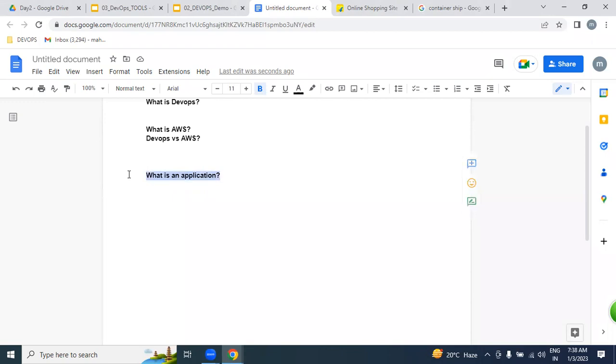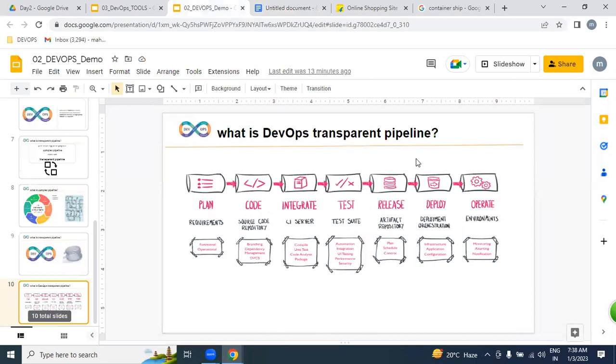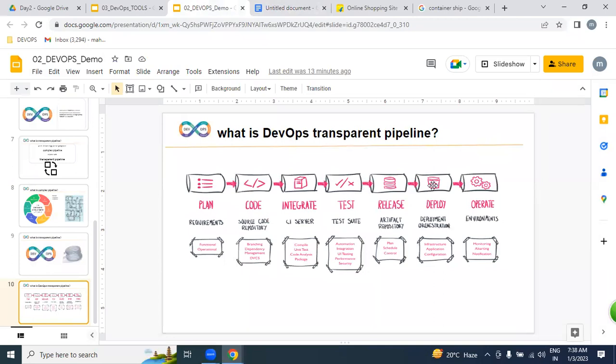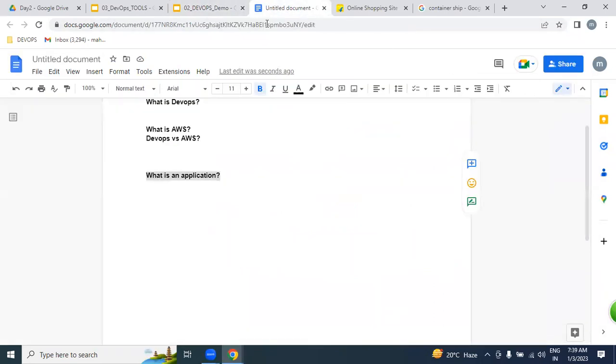But if you are asking me for the definition, the working software which is written in any programming language, we call as application. These applications we're going to be deploying on hundreds of servers by using the DevOps process. So our websites we're going to be placing on hundreds of servers with the help of the DevOps process.